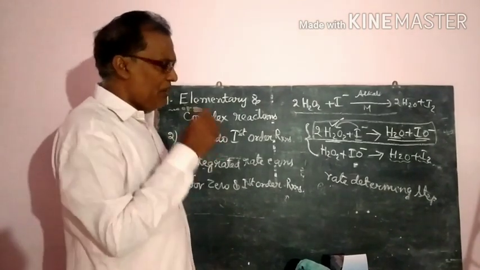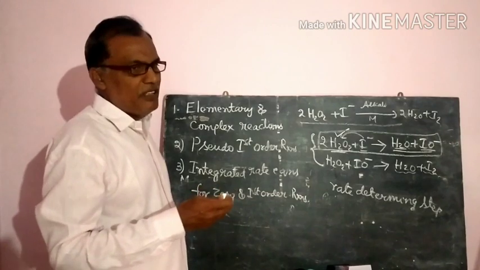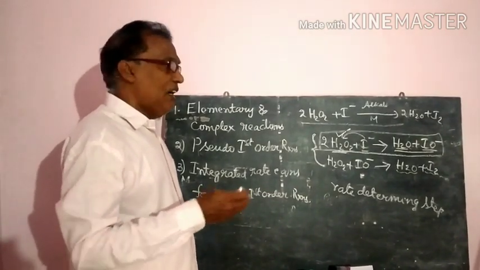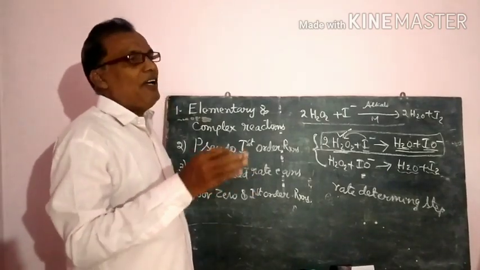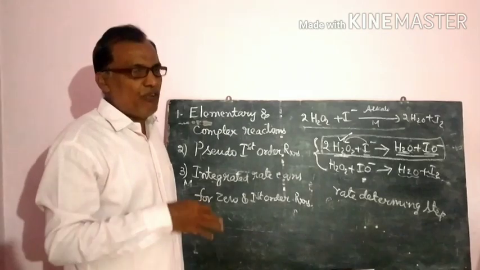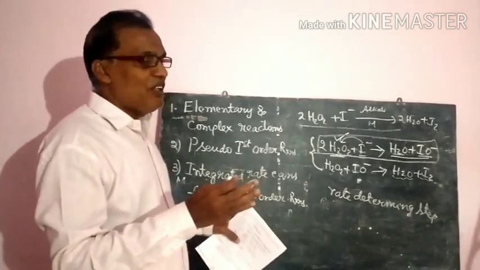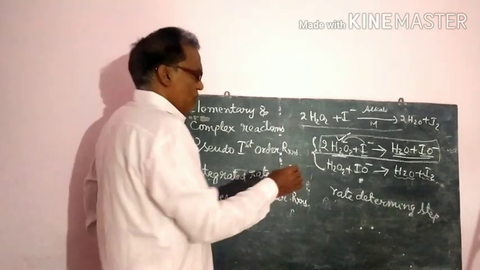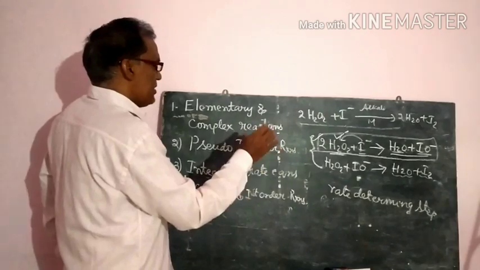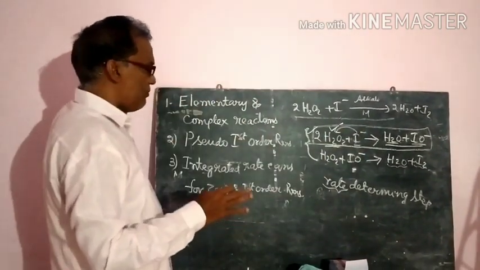Already we know that in a race, that means a 600 meters, 1000 meters or 2000 meters race, or some team relay games, the team winning mainly depends upon the person who goes slowly. If he runs slowly, then they cannot win. So that means it is the rate determining step. The slowest step is called the rate determining step. The rate will depend upon the slowest step in a chemical reaction.